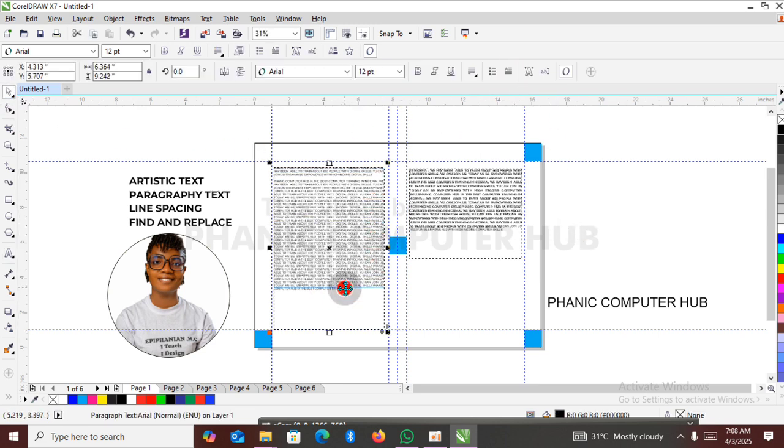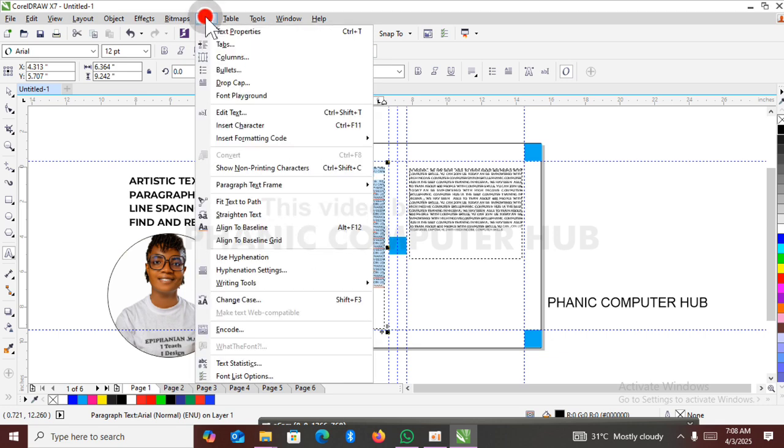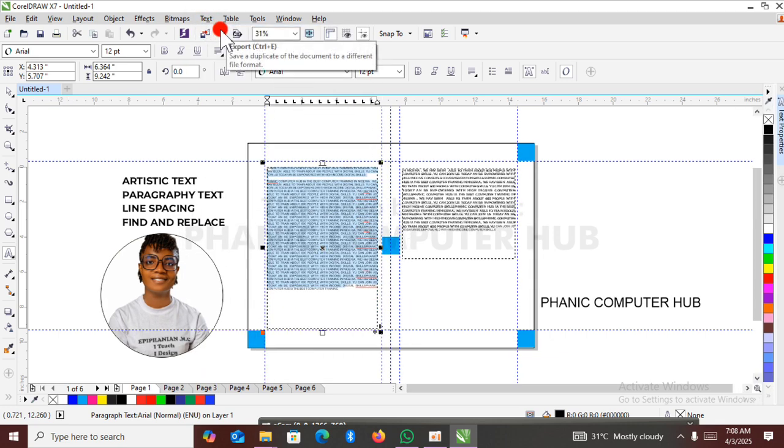Okay, so I'll just come here, select the text, and then click on the text menu, click on text properties,